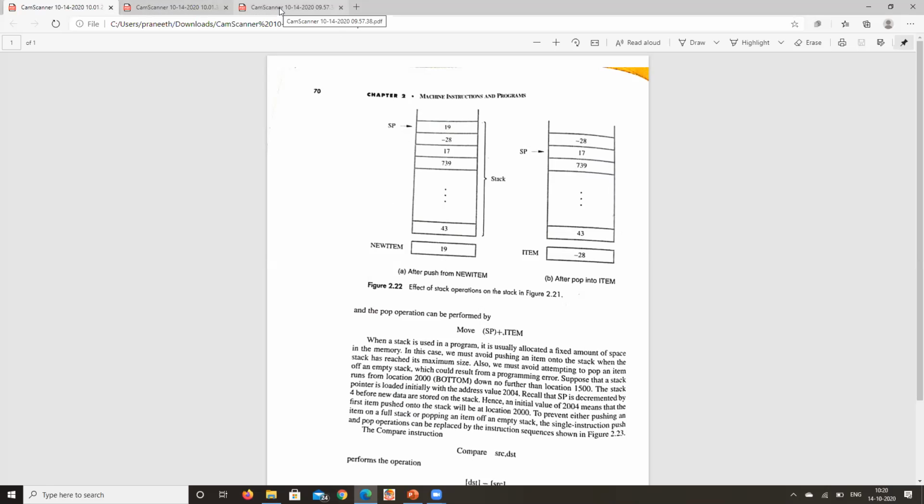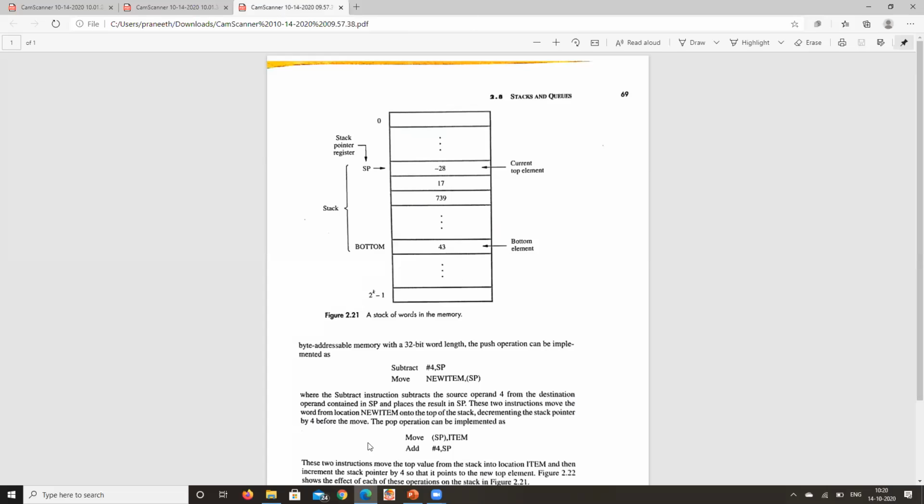So for that purpose, a small change that we make is, look at the instruction over here. Move stack pointer comma item, add #4 to the stack pointer. See, if you are removing the item from here, your stack pointer has to come